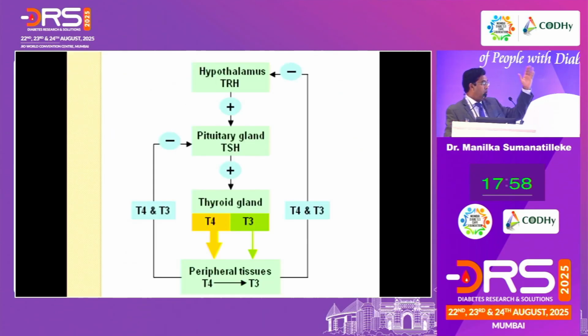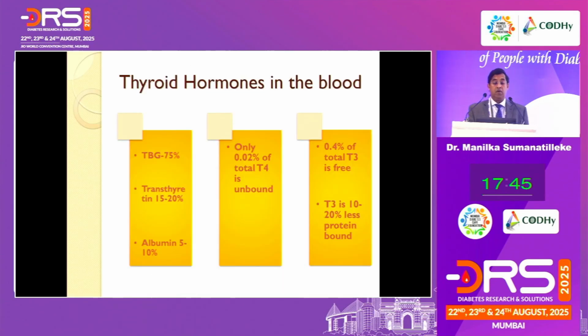a little bit of physiology to start with. The hypothalamus-pituitary-thyroid axis and the peripheral conversion of T4 to T3, which is the active hormone, and the feedback loop, you all remember. This is important to note if you refresh your mind how the thyroid hormones are in your blood or the serum. This becomes useful when tests are not matching with the clinical picture.